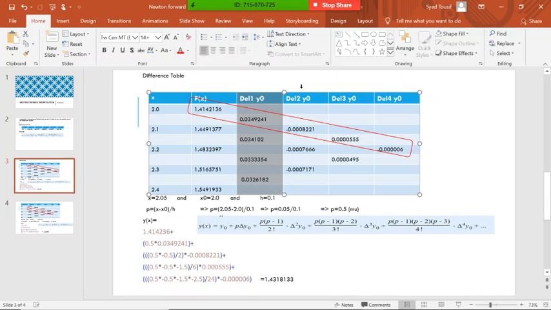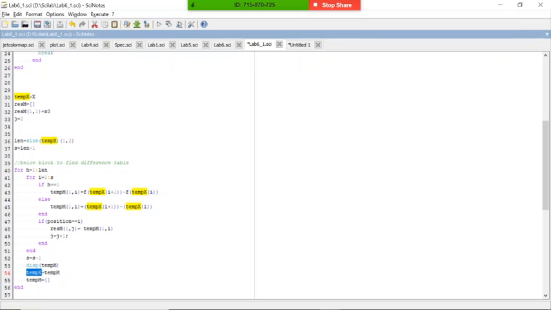So we want to calculate delta 2 now using this table. We'll come to h is equal to 3, and again it will come to this one. It will take the previous values, the temporary x values, and it will make a subtraction and put it into the temporary m matrix. Keep on going, this matrix it will go.